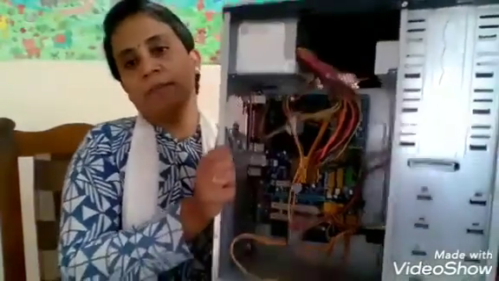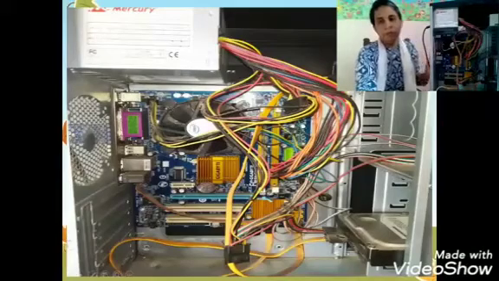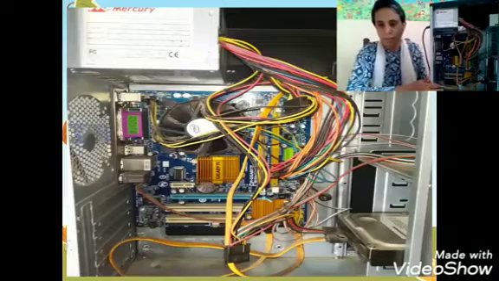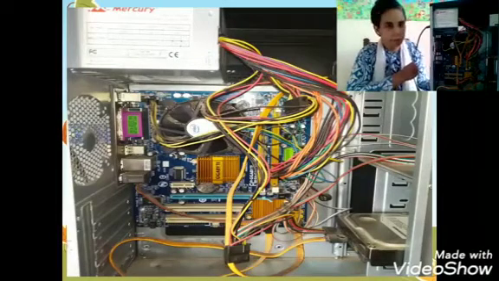If you see, the power supply cable is here, and you can see one small fan inside this one. So there are two fans. One is on the motherboard for the circuitry and another one is inside the power supply box. So what is the importance of the power supply box? As we know, there is a cable, and directly it will be connected to the power button.